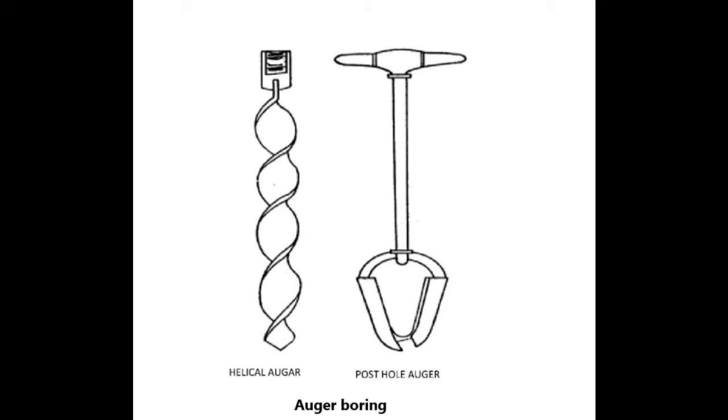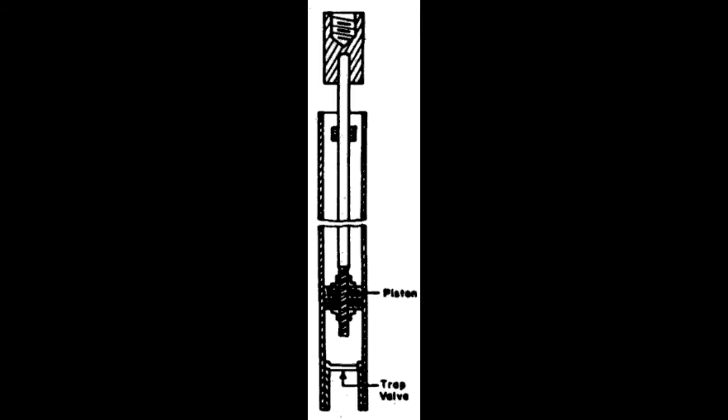So the next type is auger and shell boring. In this diagram, the outer cover, the tube kind of thing you see, is called the shell, and inside there is a piston. The piston and its holder together are used to remove the soil for calculating the soil bearing capacity. That is why this method is known as auger and shell boring. This method is usually used when the depth is more than 25 meters, up to almost 40 to 50 meters as well.